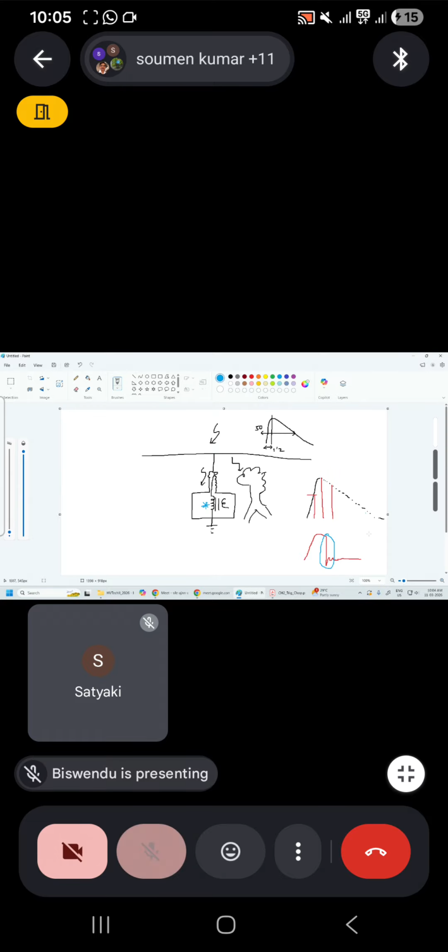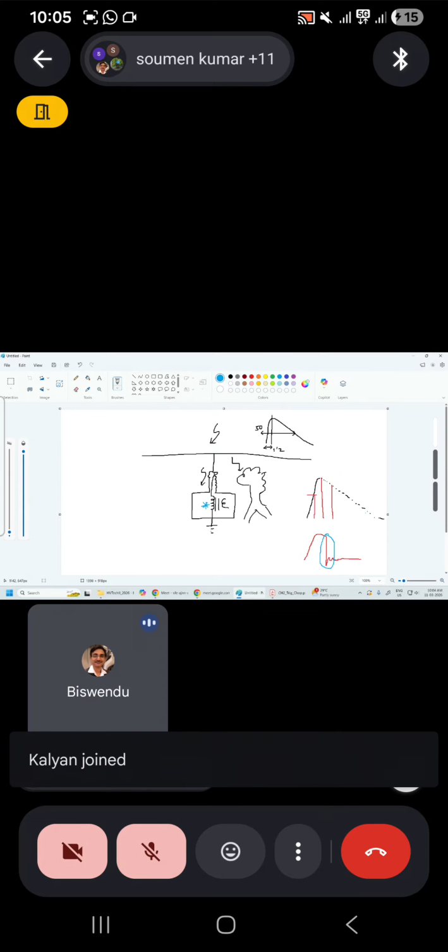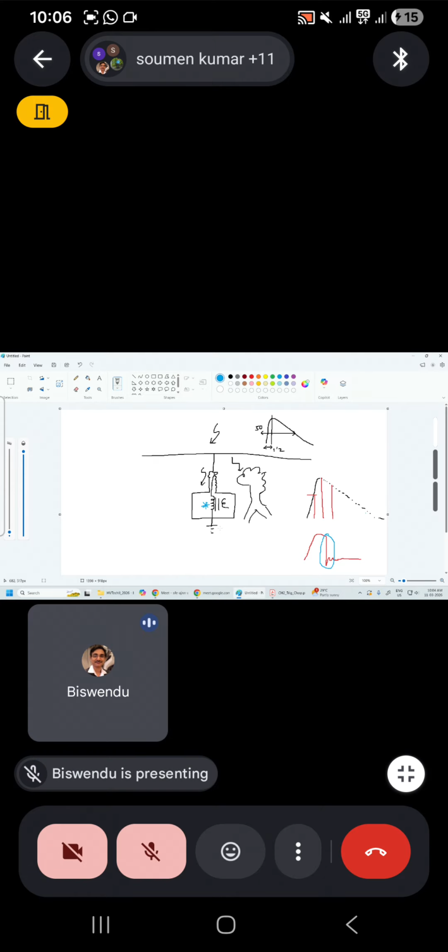Yes sir. Yes, this very high rate. So what we will do in the laboratory is produce this chopped impulse and see whether the insulation can withstand this chopped impulse or not. If yes, very good. If not, we will have to